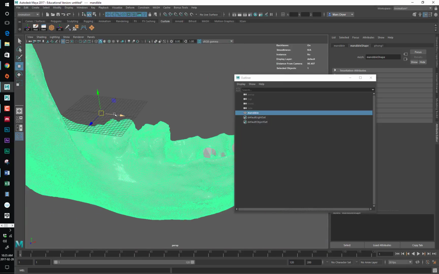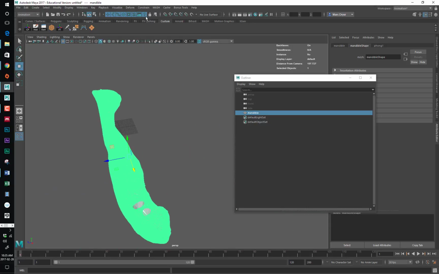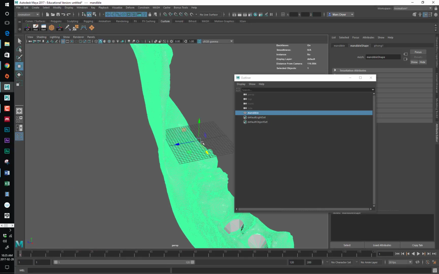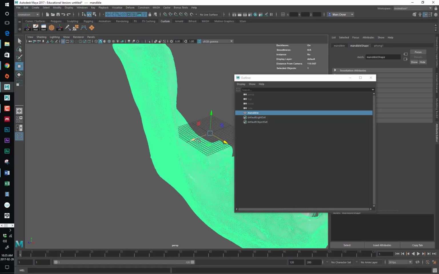The other way to do it, and I'm just going to move it out, is up at the top of your window here in Maya. You can see all these things, and you should see towards the end these empty fields here with this sort of crosshair beside them. It should say absolute transform here. And if I just type 0, 0, 0 and hit enter, it's going to move it to the middle of the world, the 0, 0, 0